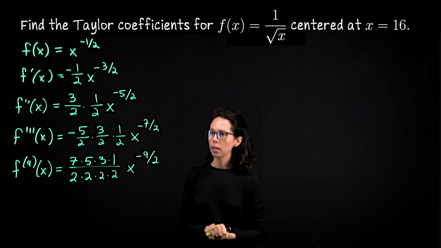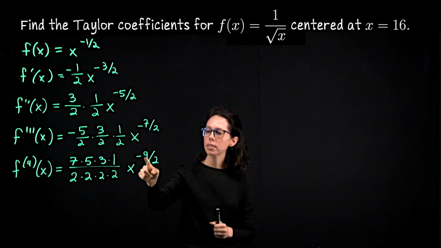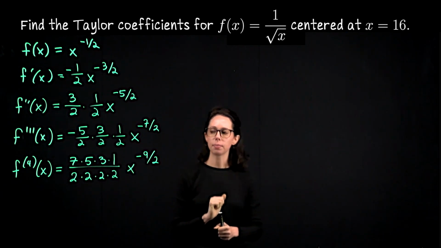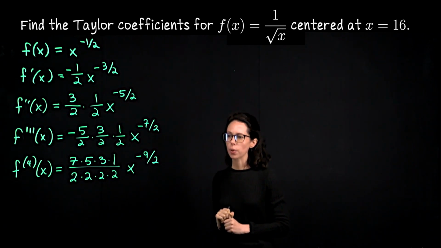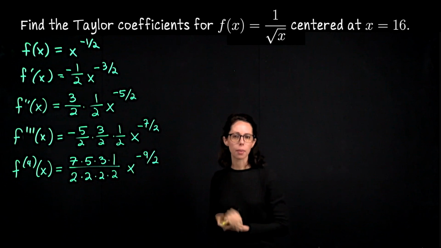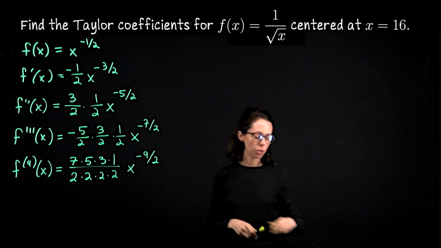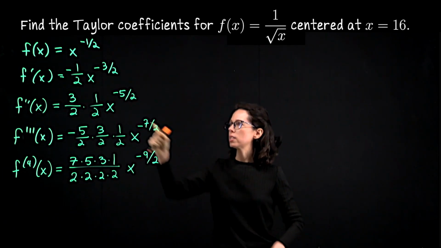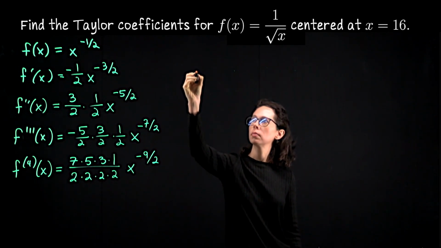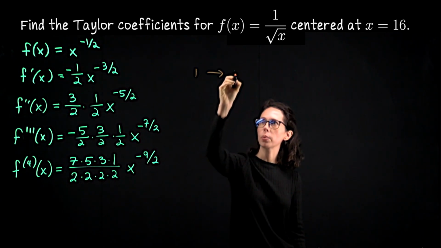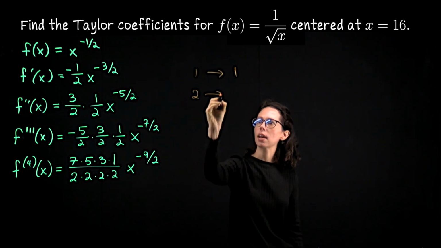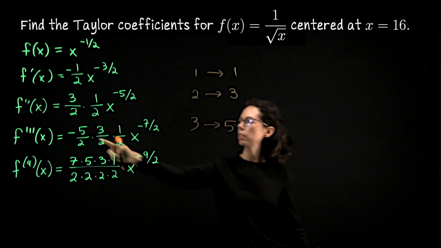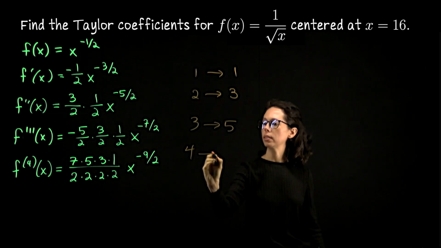That's good. Then we have x to the, and then notice that this numerator is also an odd number. It's the next odd number following the 7. So I think the hardest thing to do at this point is describe these odd numbers. Some people do this very quickly. If you don't see how to do it, you can try to write down a map. We can start with first derivative went to numerator 1. So the first derivative, the highest odd number was 1. The second derivative, the highest odd number was 3. For the third derivative, the highest odd number was 5. I'm looking at this number here. For the fourth derivative, it was 7.